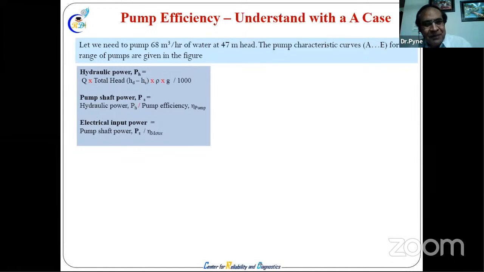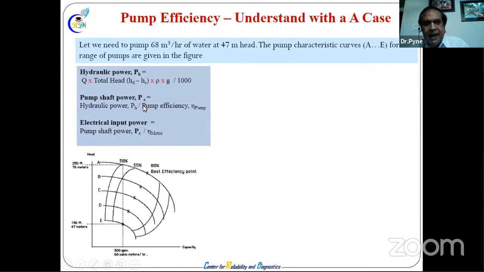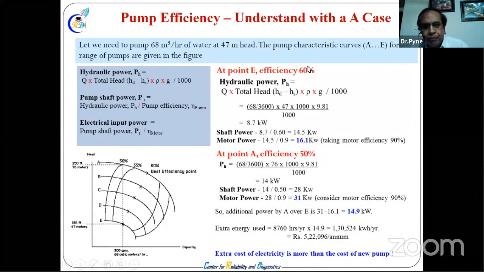Okay, so hydraulic power and shaft power, that's why efficiency comes into the picture. In this efficiency picture, we put in electricity, suppose 100 kilowatt, we get shaft power maybe 95, and accordingly hydraulic power flow, which is our efficiency point, we get much less than that. That's the idea. So all these things at efficiency point 60%. If this is the efficiency point, this is the best efficiency point, 60%. You go to any side, there will be efficiency loss.